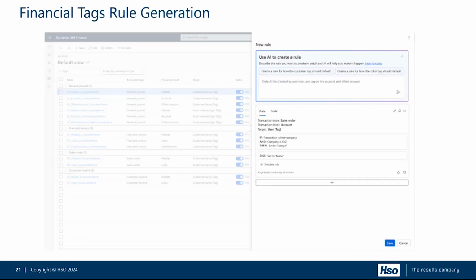So as you can see, automatically tagging, what I've said here, I don't know if you can see that, but default created by user into the user tag on the account and offset accounts. So this is just typed in as natural language. Up here you can see use AI to create the rule, and it then explodes that into a rule for you,